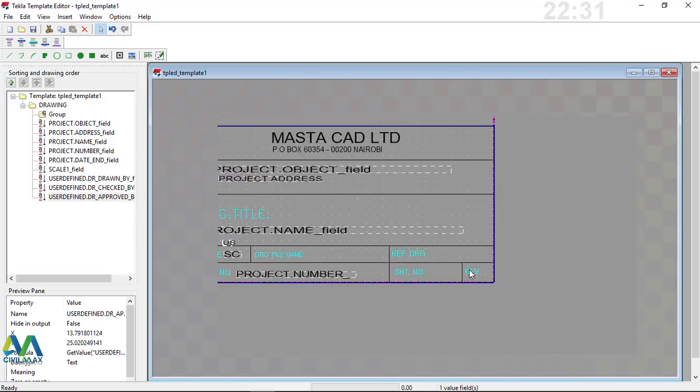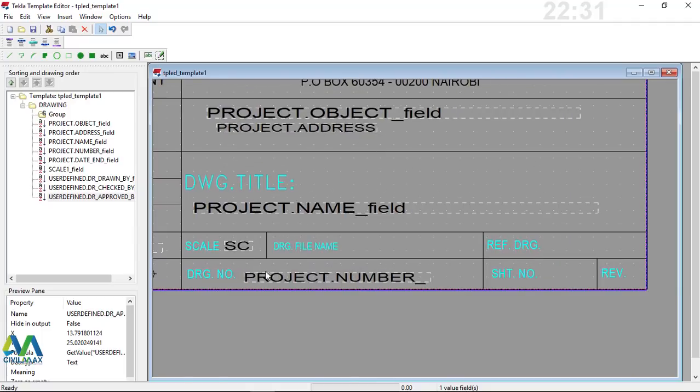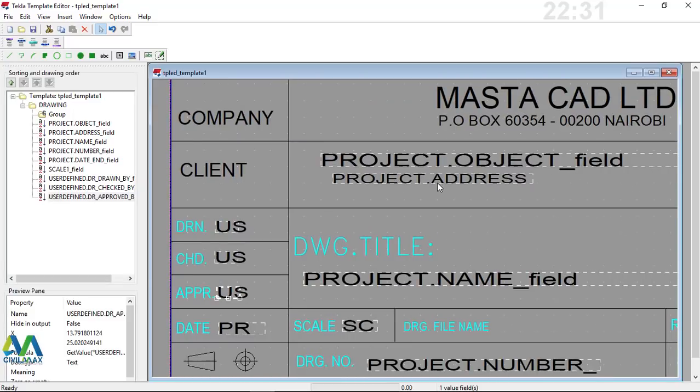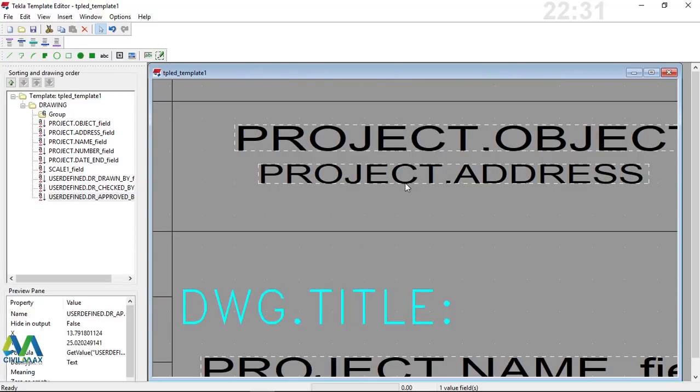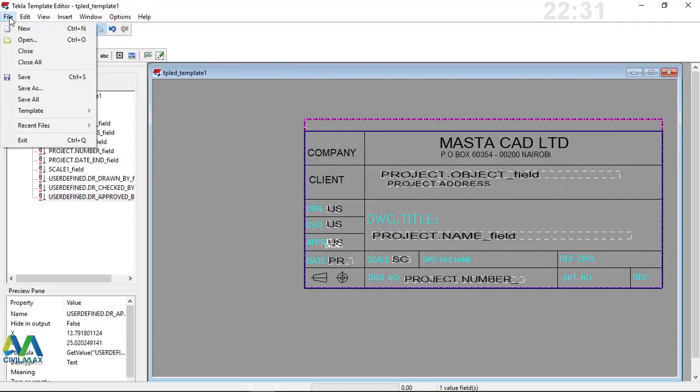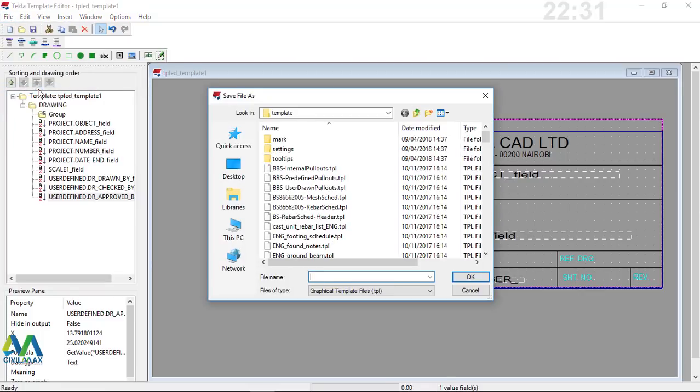Now I'll not place the revision. I've placed the number, I've placed the drawing title, I've placed the client. Now this is all about what we intended to do. So what we're going to do, we are going to save this into our model folder. After doing all this, now I'll click save as, or prior to doing that, I want to place